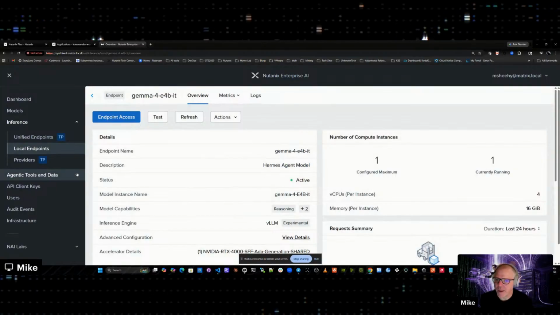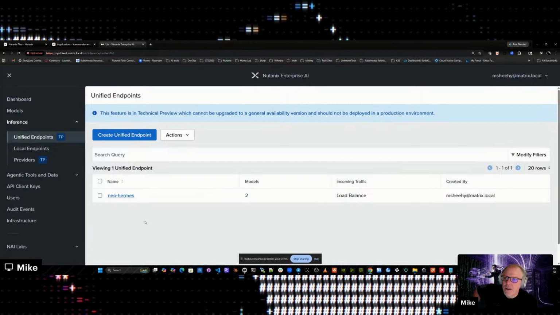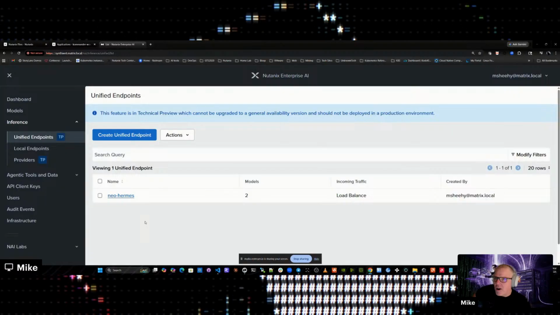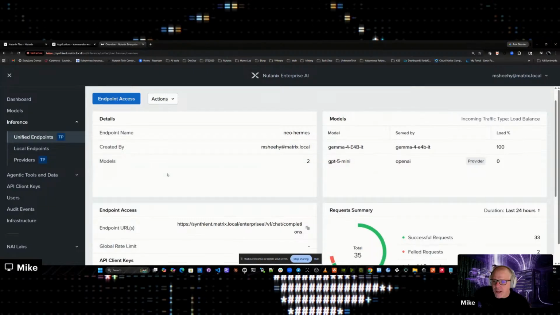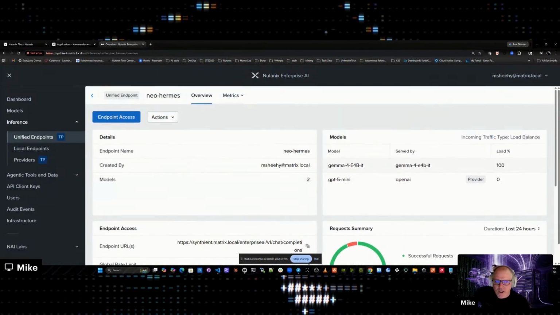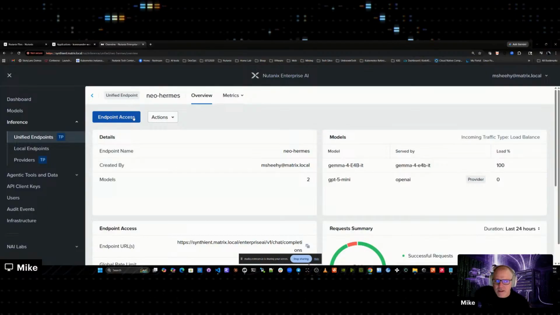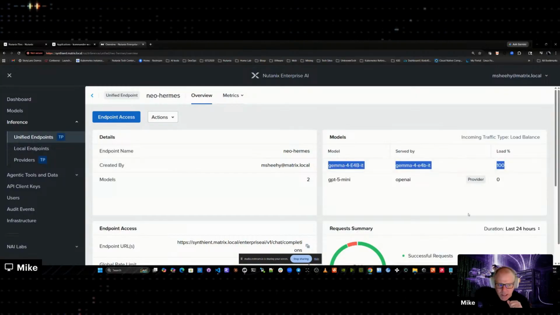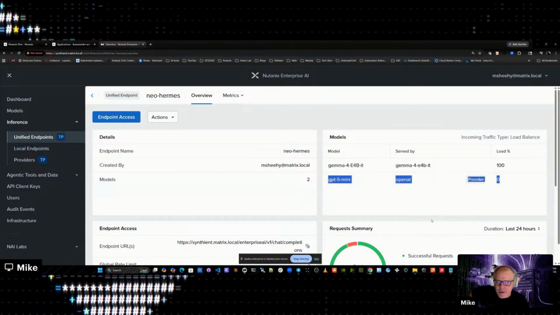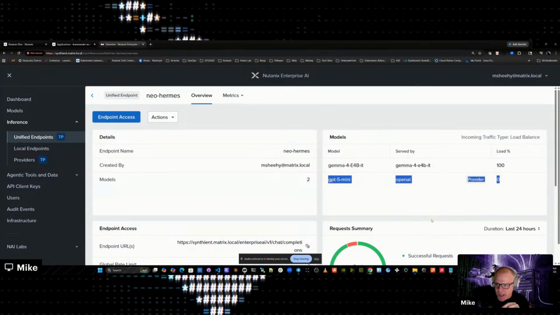The other thing we provide is what's called unified endpoints. This is using our enterprise AI gateway, and now I'm able to create unified endpoints. You can see here I have a unified endpoint that routes traffic to my local model. Right now I have 100% load going to the local model, or to any external provider model. I can provide load balancing between the two, I can do failover between the two or three, and I can do